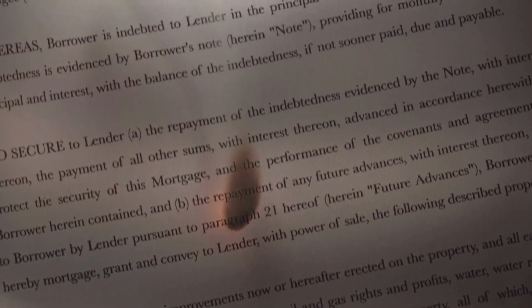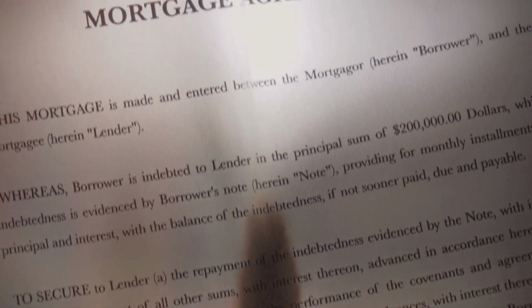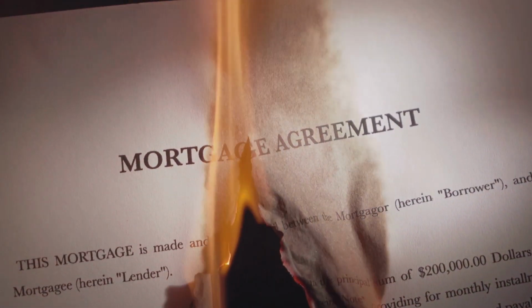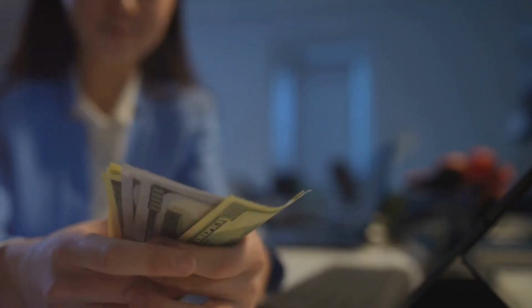Make sure you understand all the terms and conditions of the loan, including the interest rate, repayment terms, and any fees. This can help you avoid any unpleasant surprises down the line. In conclusion,